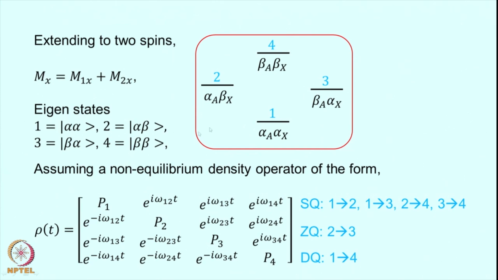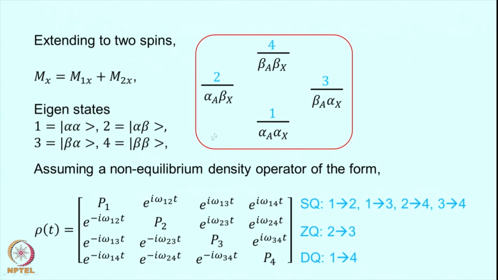Simply dropping these a and x subscripts here, we can write these states as kets: alpha alpha, alpha beta, beta alpha and beta beta. Now once again I will assume a non-equilibrium density operator of this form. Notice, this was again from the generalized statement of the density matrix. So I have here the 4 populations of the 4 states, P1, P2, P3, P4, and I have the